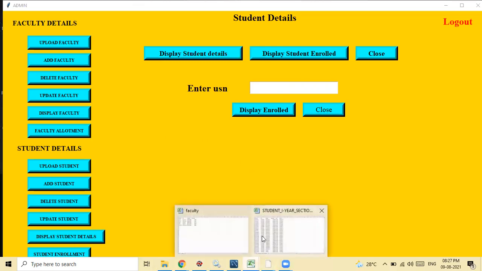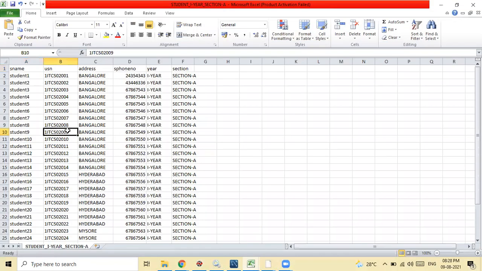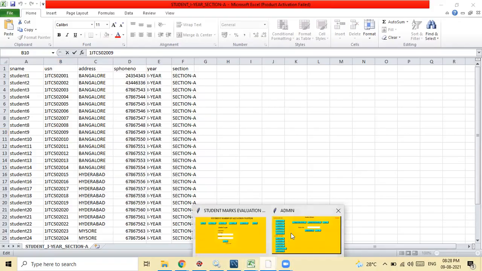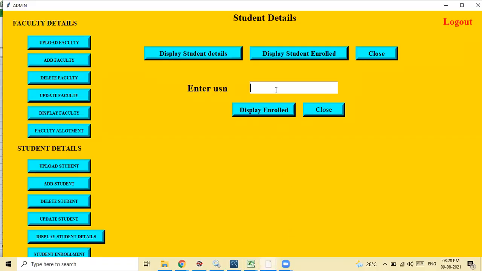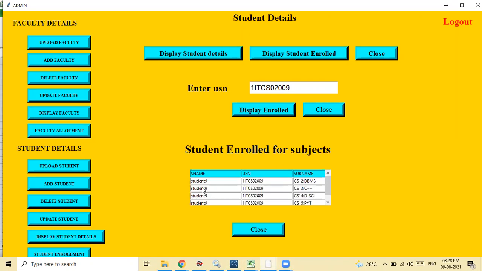Let us check one student. Let it be this student. Just take that number and check whether that student has been enrolled in the subject or not. Yeah, the student 9, name is student 9, USN is this, enrolled in all the 5 subjects.